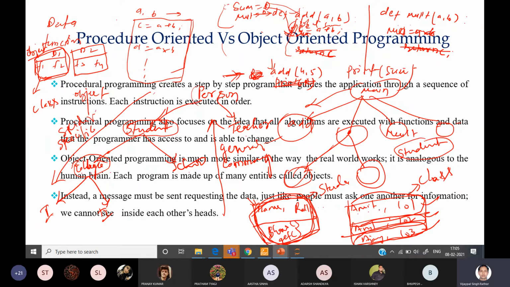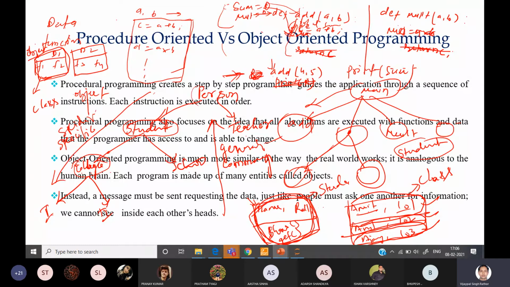Properties means a value of that property. Here name will be different, roll number may be different, marks may be different. So based on the values of these properties, we can create different instances of this student. So basically object means a different instance, or instance of any class. In general term we call it an instance of any class. In real life we also call an object any physical entity that has some attributes or some behavior.